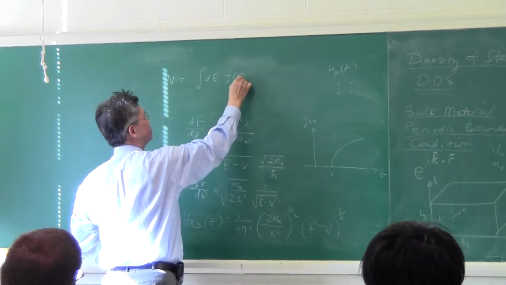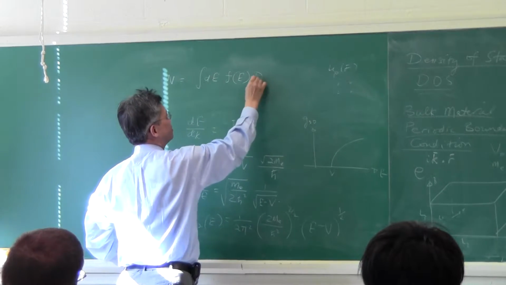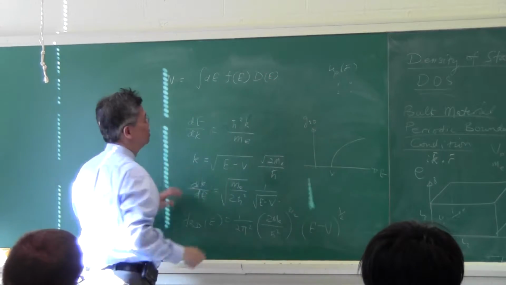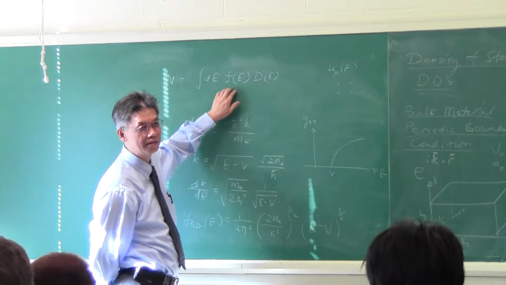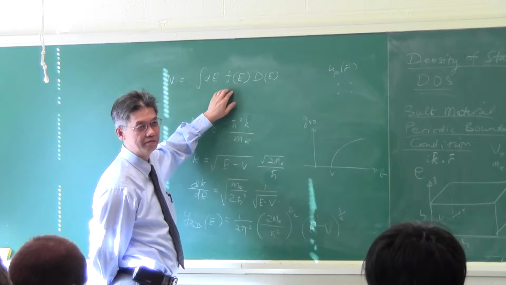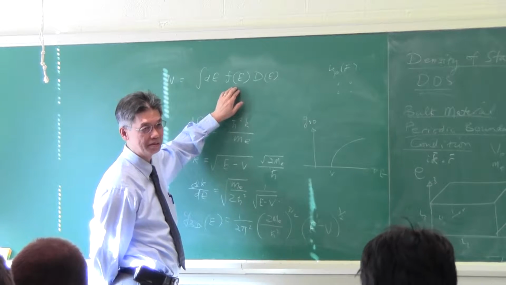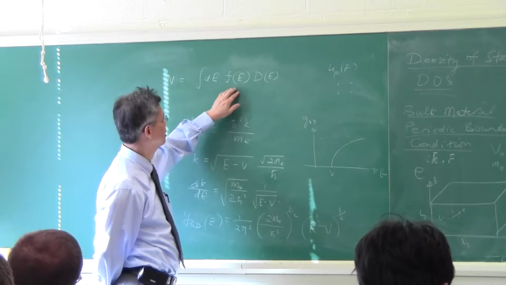the Fermi distribution times the density of states. Okay, this is in terms of energy. We always do this kind of calculation a lot in semiconductor physics. Fermi distribution is expressed in terms of energy. And this gives you,